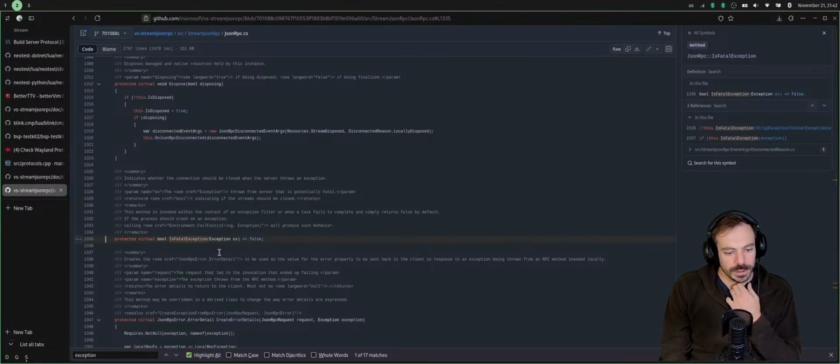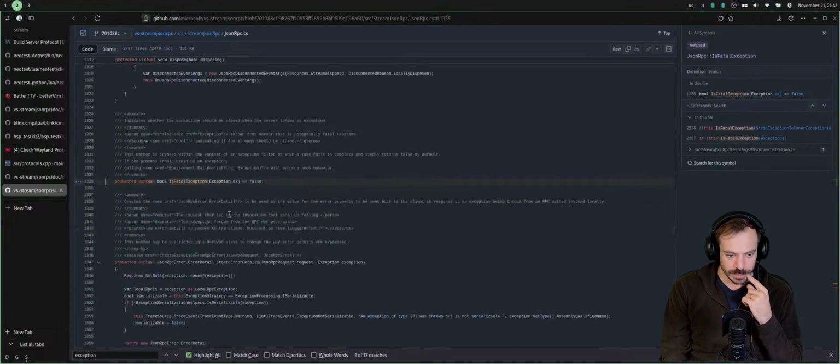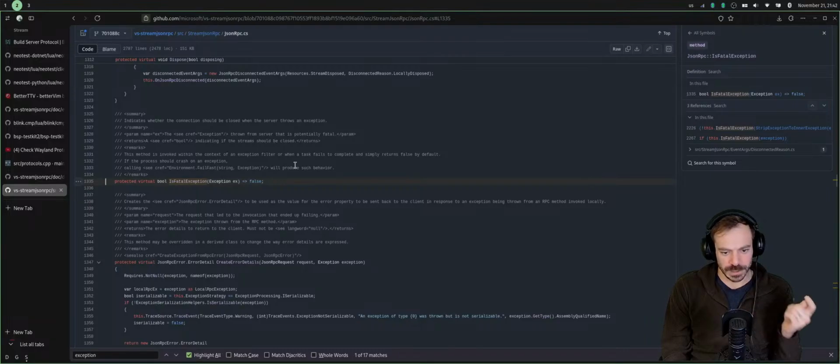Indicates whether the connection should be closed when the server throws an exception found from the server that is potentially fatal, indicating if the stream should be closed. This method is invoked within the context of the exception filter or when a task fails to complete and simply returns false by default.